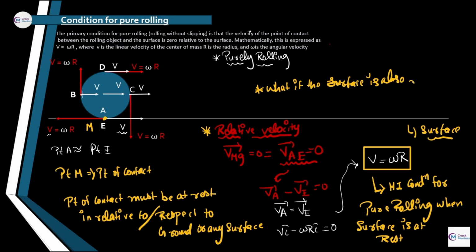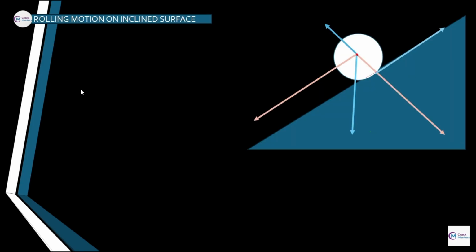I'm gonna cover both of these things in this lecture, but later. Why? Because right now I'm in a flow where I'm teaching the things which are interconnected. If I put the different cases right here, you are not gonna take interest as in the rotational motion. That's why I am first of all teaching this, and afterwards when the flow is completed, I'm gonna explain it as well. Okay, now the rolling motion on inclined surface.